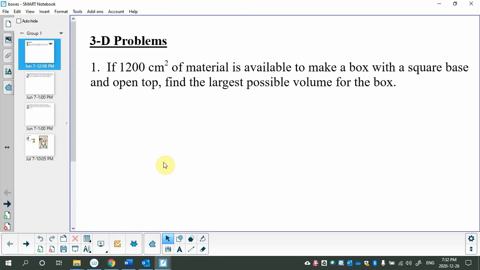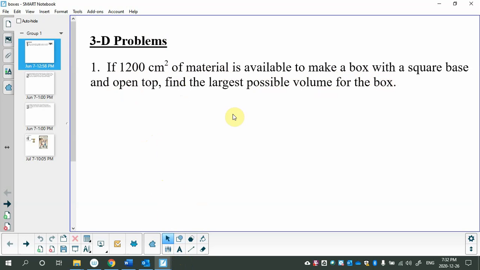Okay, time for these 3D problems. These are the ones that you have to think most about. Not because they're difficult, but because you actually have to read the question and know what's given versus what they're asking for. So in this question, it says if 1,200 centimeters squared of material is available to make a box